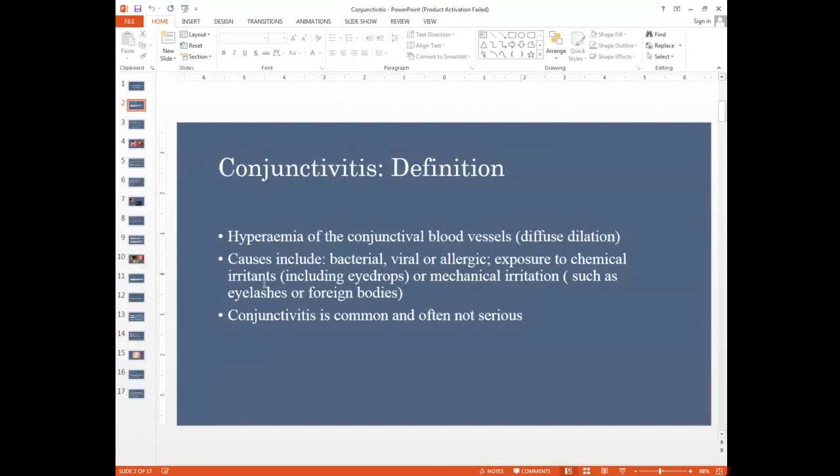A pseudomembrane or true membrane may also be seen. It's basically inflammatory tissue, as the name membrane suggests. Pseudo meaning that it is not fully adherent to the